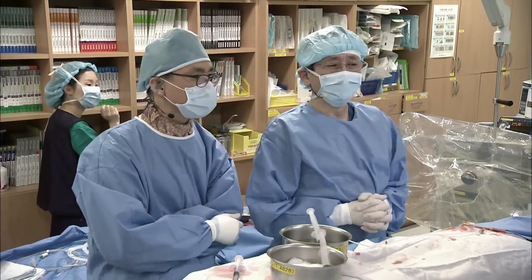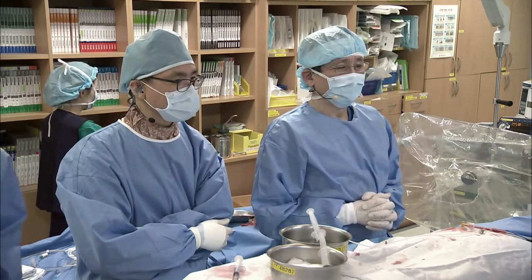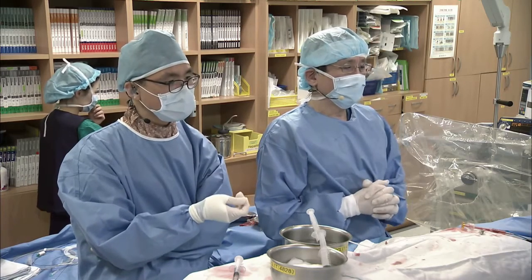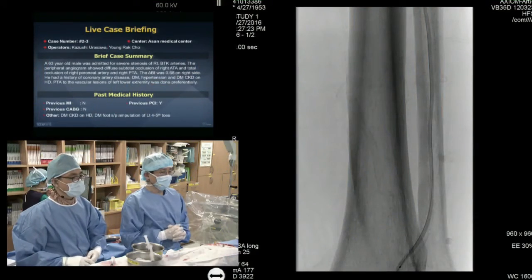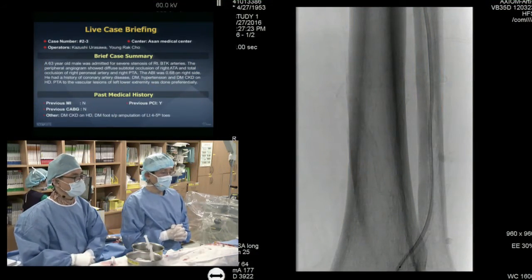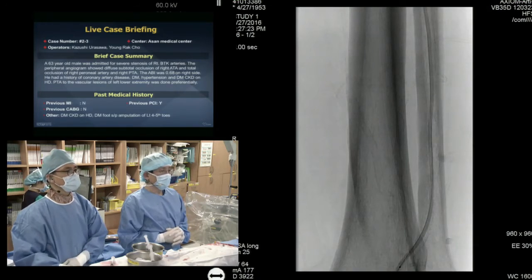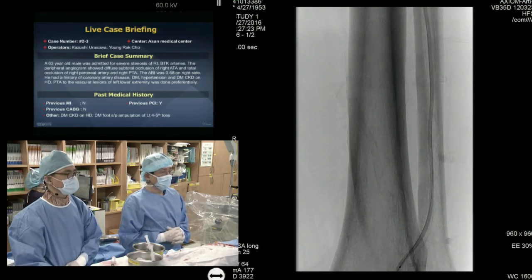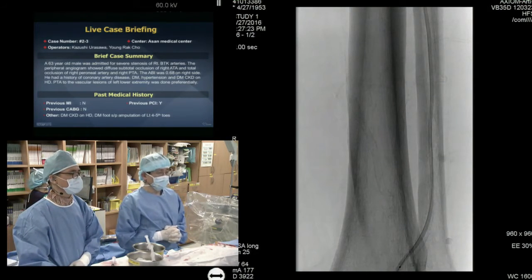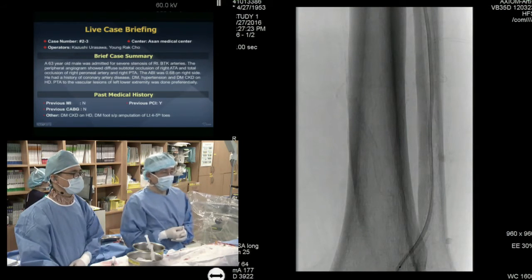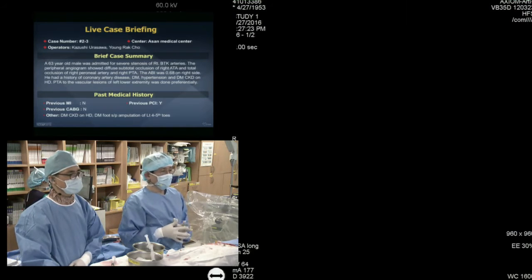Sensei. Hi, I finished. So let me show you the picture. As Dr. Garcia pointed out, a good point, there is a small dissection at the distal and mid portion of the ATA. So I used the 2 mm balloon to fix the dissection plane. 2 minutes of inflation with a relatively low pressure, maybe 8 atmospheres or something. So this is the proximal portion. I did the distal portion again in the same way. And next one, please. Next one is the contrast